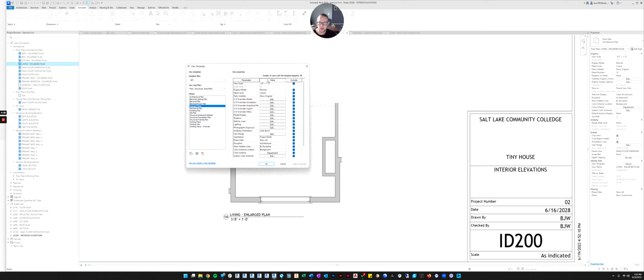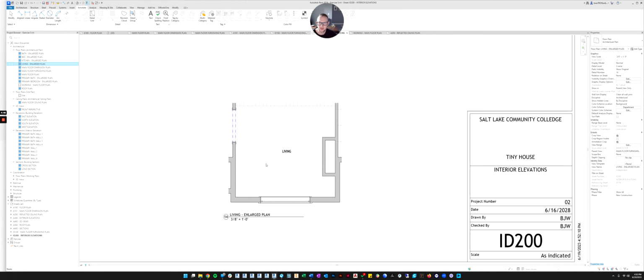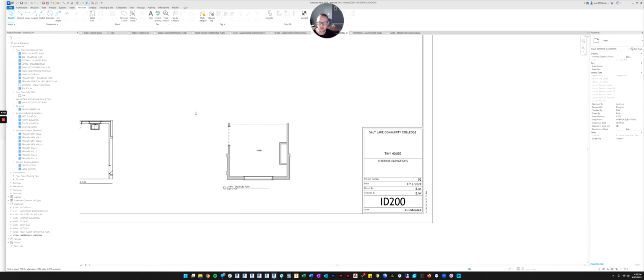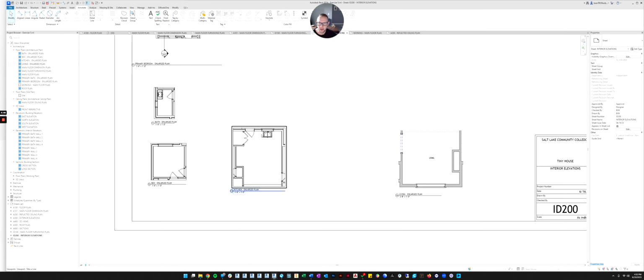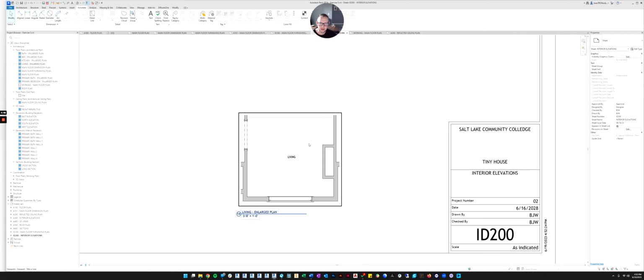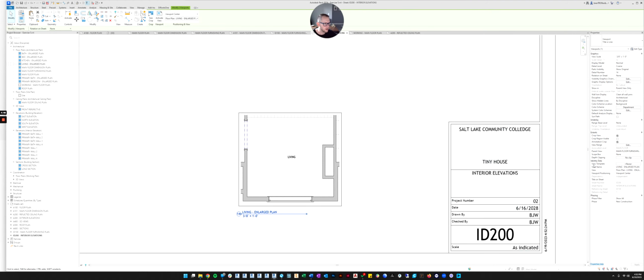And now it brings up all these settings. We'll just keep them the way they are and click OK. And now it's made a view template for us. So now all we have to do is click on this view. And over here, we're going to assign that template that we just created from this view. We need to assign it to the view.